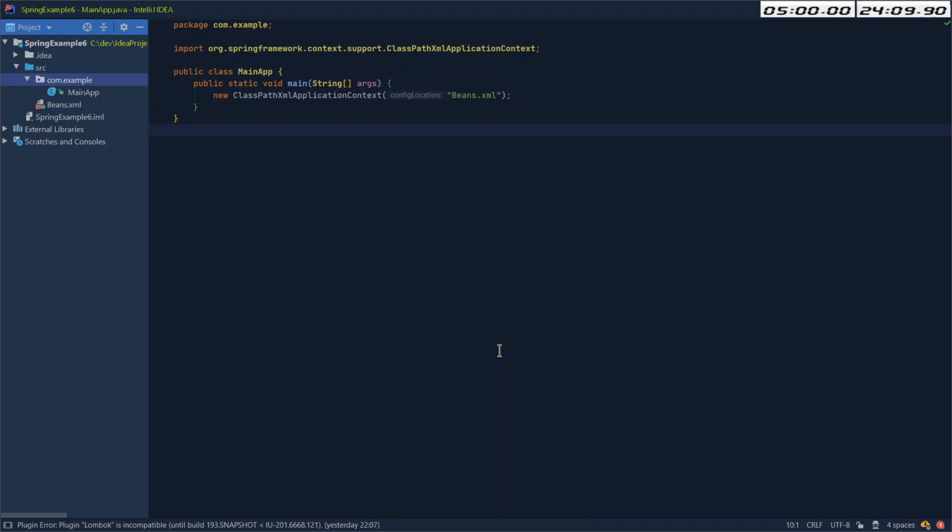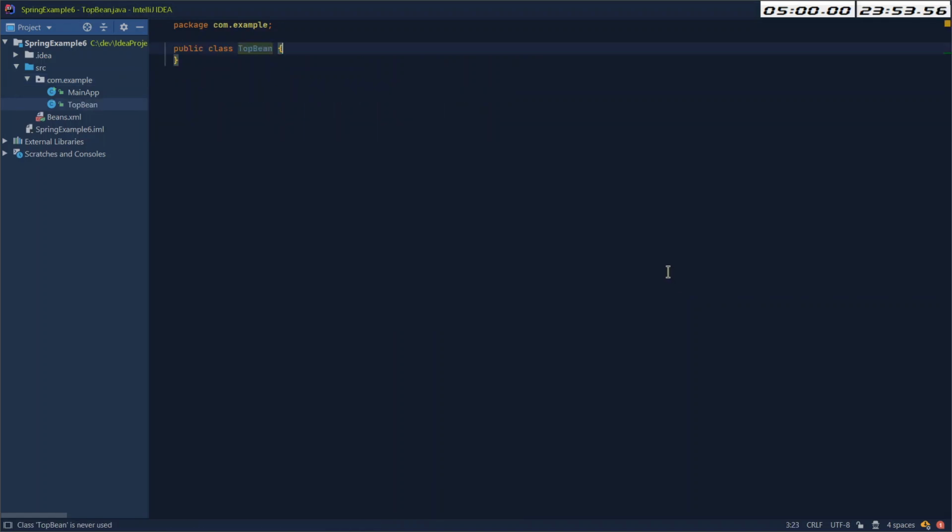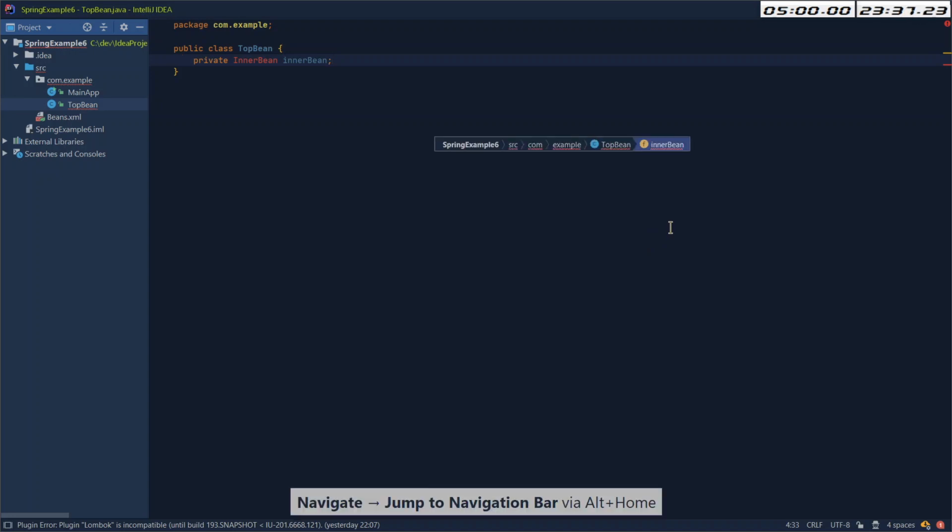So I will create two beans now. One will be the inner and the other will be the outer one. So I will do that class, and this will be the top bean, for example, and it will have a private inner bean. Yeah, and we don't have that, so I will create it,